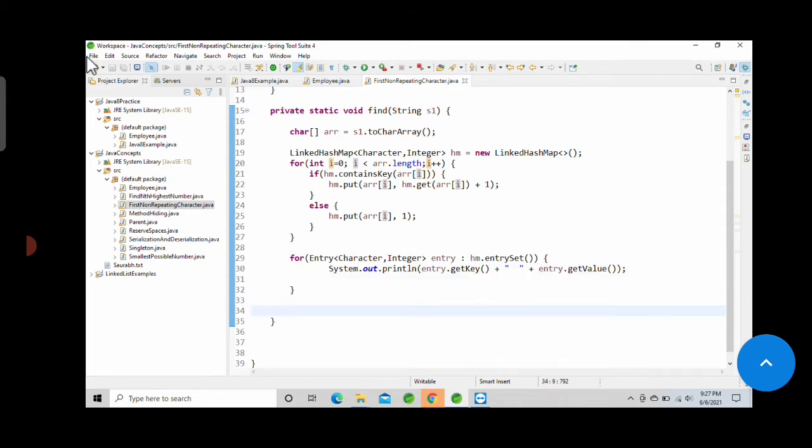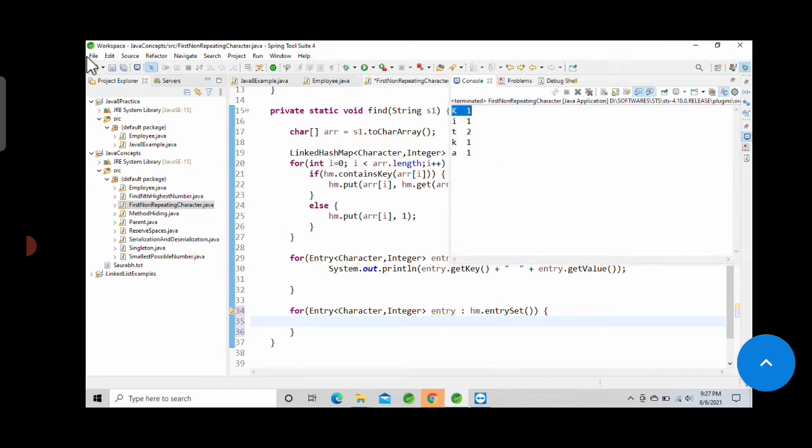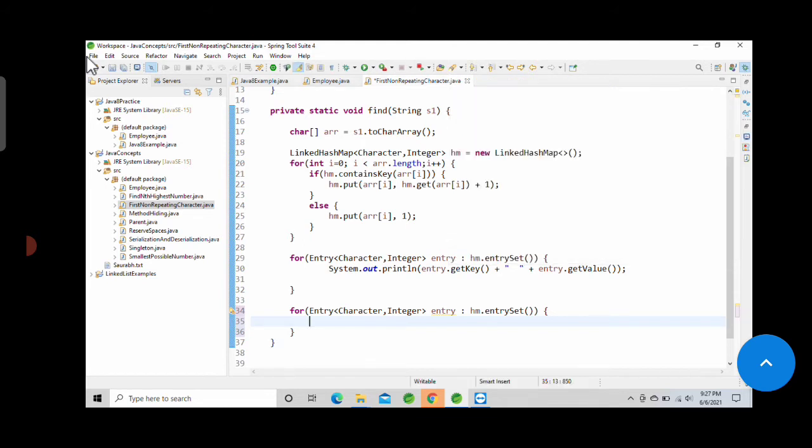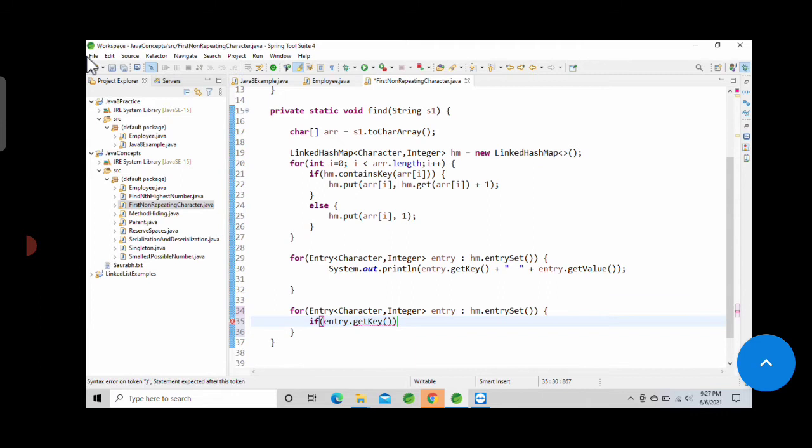We will write a for loop here and remove this line. Now we have the entry set, so we will check if entry dot get key equals 1, and we will break if it finds one.